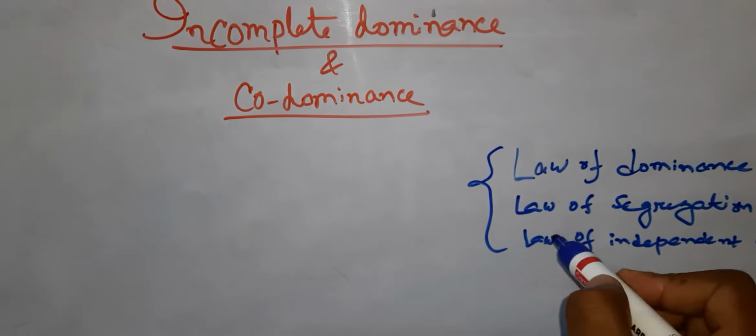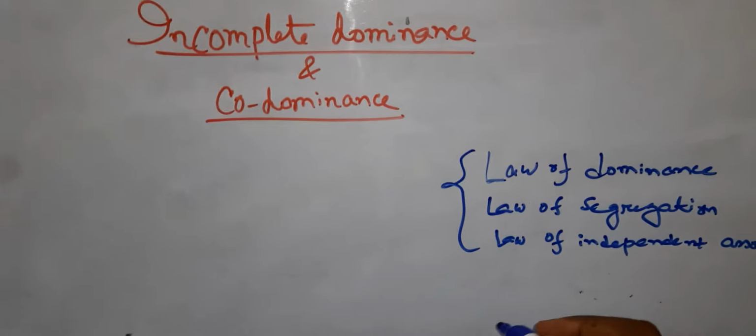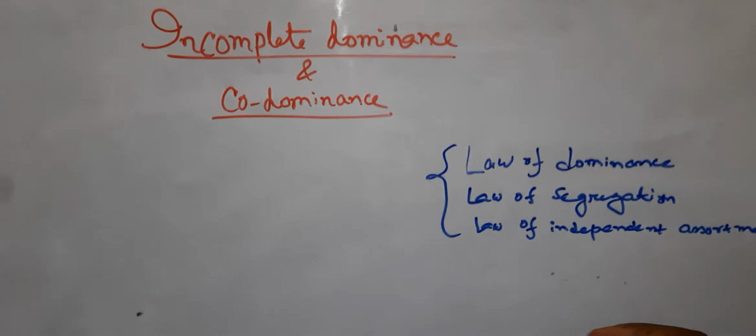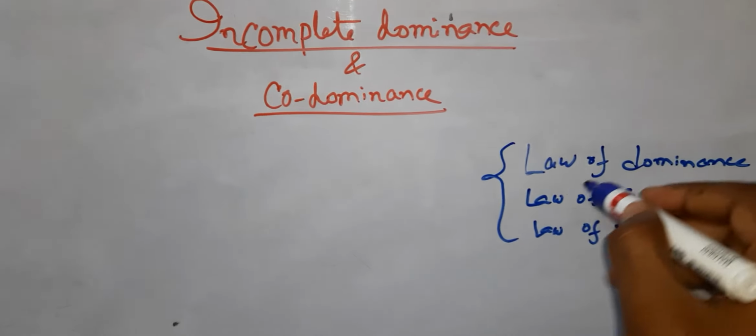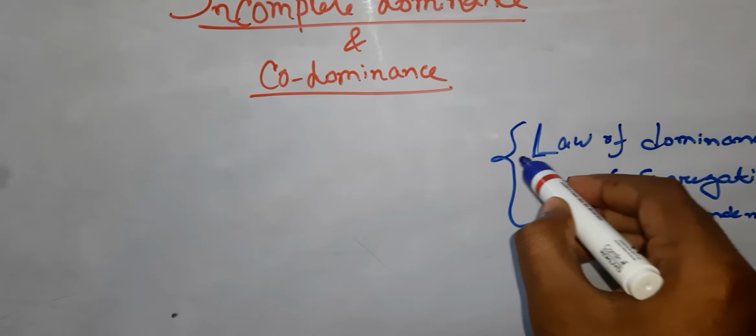These three laws were the product of Mendel's 7-year experiment on pea plant,